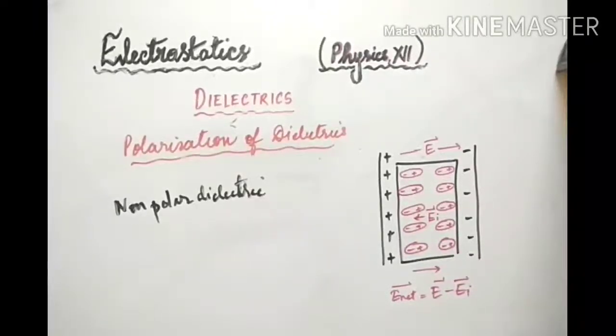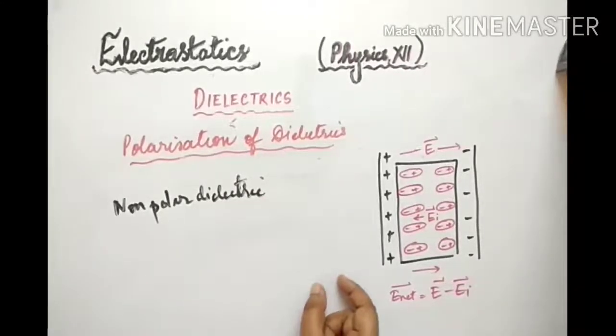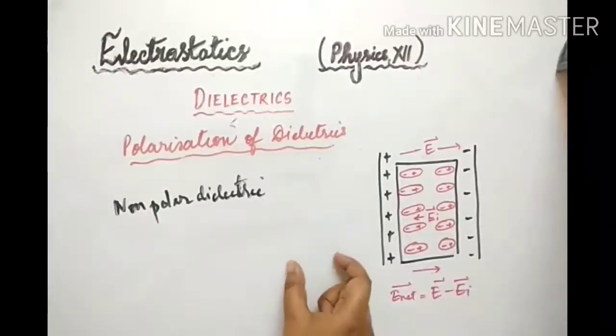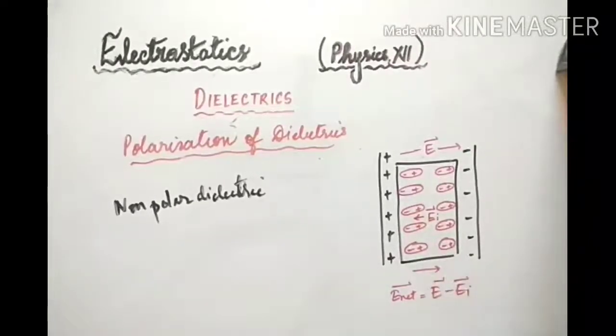In case of polar dielectrics, the net dipole moment is zero at first because the molecules are randomly oriented, so the individual dipole moments get cancelled and we are left with zero dipole moment. But when you supply an external electric field, they orient themselves and overall we get a total electric dipole moment. And in case of non-polar dielectrics, the molecules individually do not have any dipole moment because their centers coincide. When you keep them in an electric field, the positive and negative centers separate and then they orient themselves in the presence of this electric field.